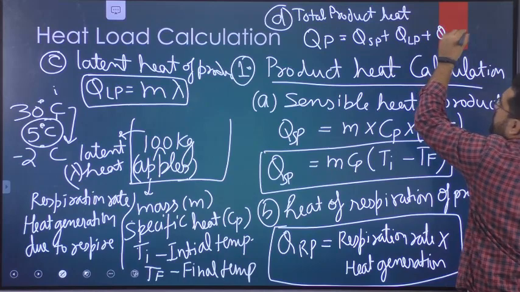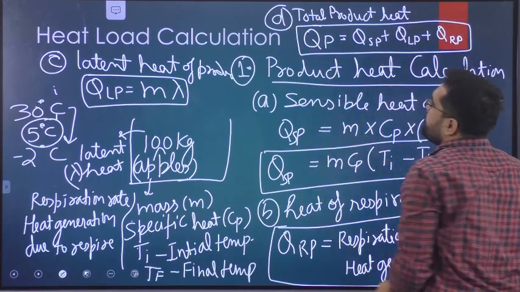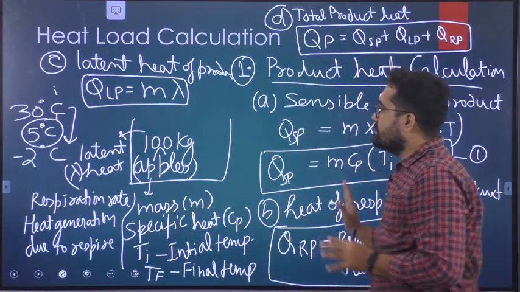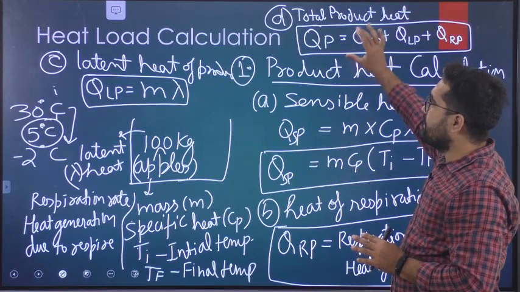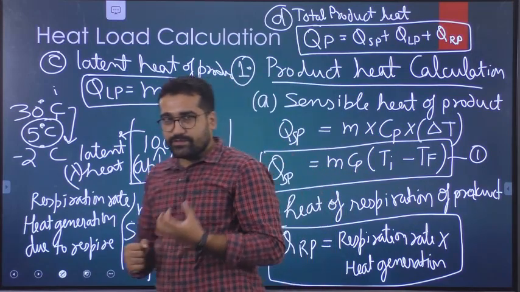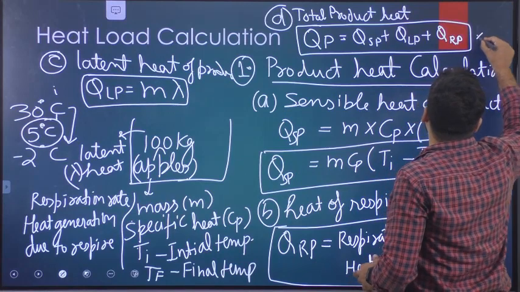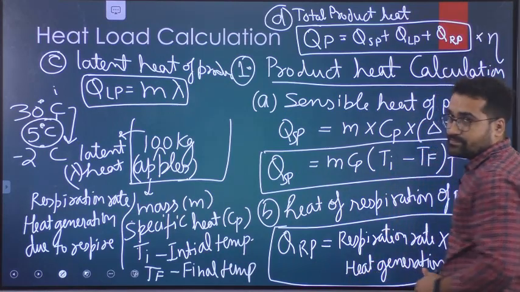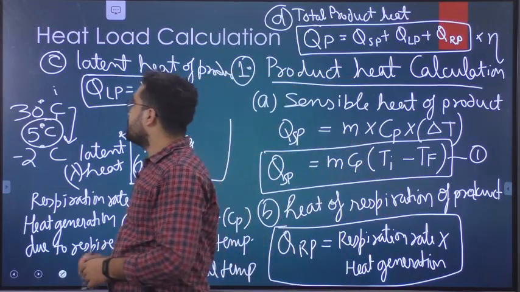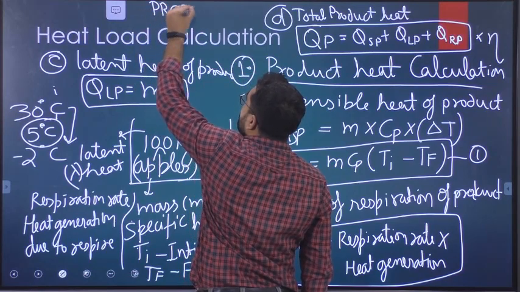Okay, so this will be our designing heat. This is how we do the heat load calculation inside the system. This much heat we need, but again there will be some losses. Any system is not 100% efficient, so we have to multiply with the efficiency also. Here we talked about our product. Heat load calculation of product we have done here. We are talking about only product.